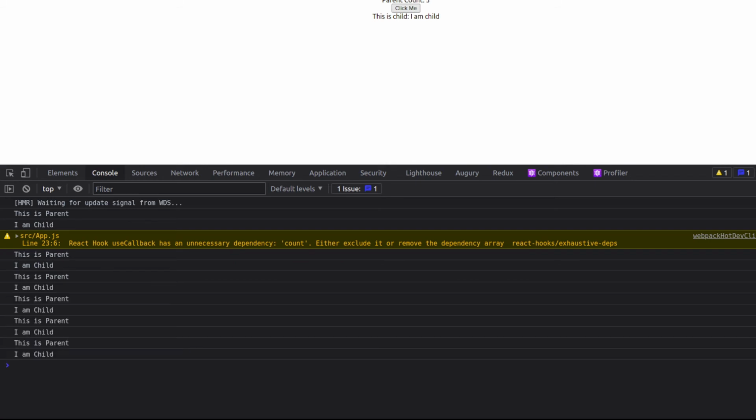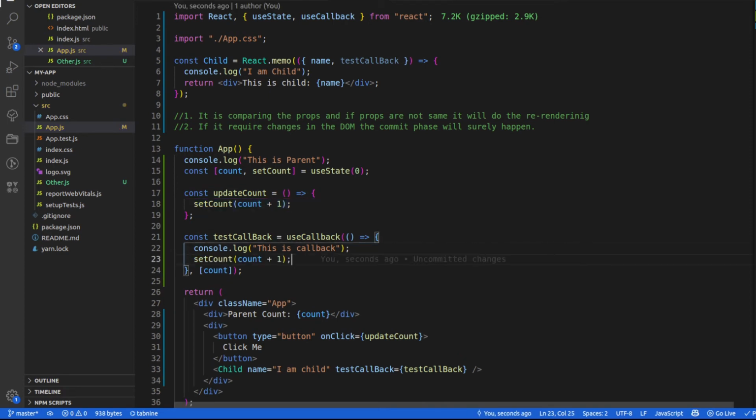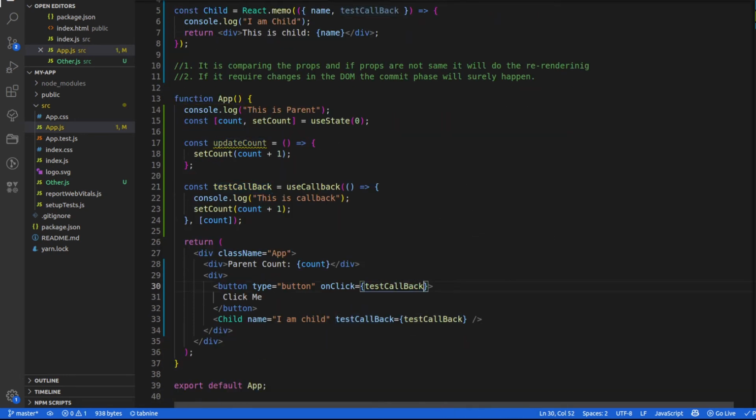You can see that I have added the dependency. On clicking click me, count is getting updated and my callback hook is dependent on this update. So that is why it is re-rendering the child. The right solution to this is that I should also use that count over here. Now you can see that it has removed that warning. So instead of this, let's use this test callback here as well.